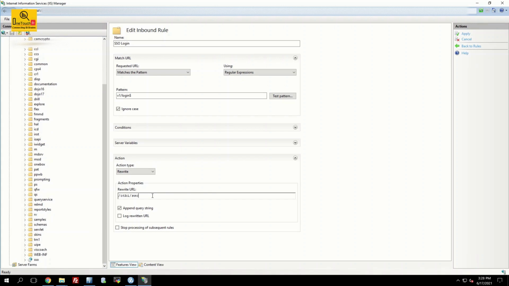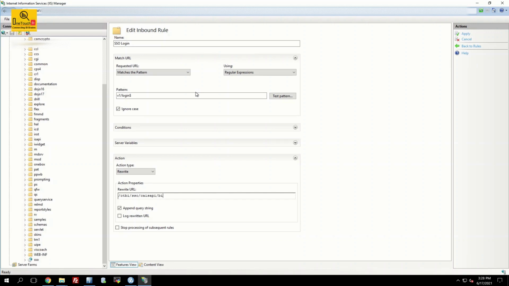In the SSO handler mapping, we configured the ISAPI module and the request path we provided is CA ISAPI. That one we need to provide here, CA ISAPI, followed by BI, which is the path of your Cognos URL to launch.